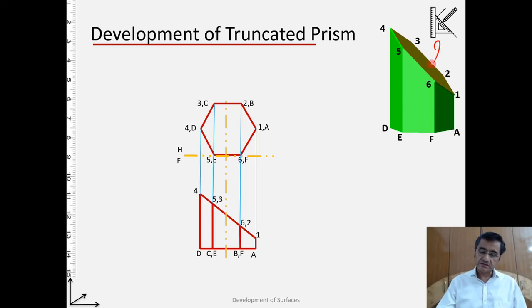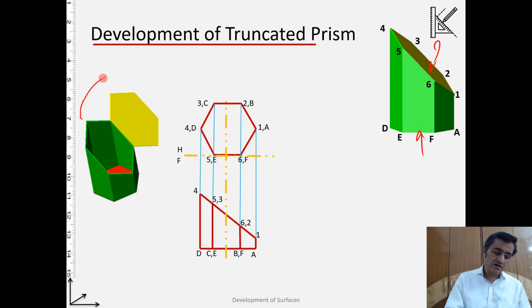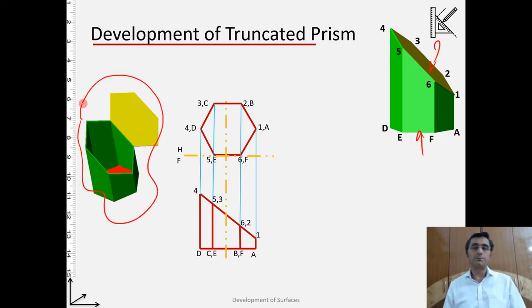And of course there is a cap which is closing it. There is also a base. So if I show you this cap and the base in red color here, that is how the thing is, and this entire thing is to be developed. I have to cut a metal sheet in such a manner that once I fold that sheet, I will be able to generate this. And this is the horizontal projection, and this is the frontal projection. So you can understand this horizontal and frontal projection easily.